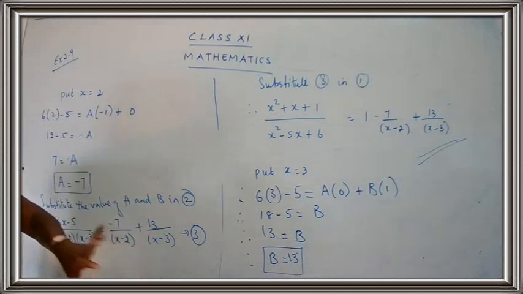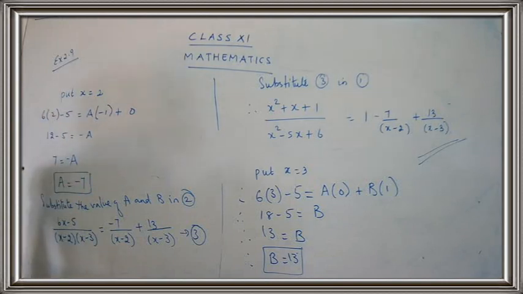So try to do the steps properly. Remember the format. What is the first step? What is the second step? What is the third step? How to complete the answer? Where to substitute? Okay, children. If you go with the proper substitution, you will get the required answer. So we have completed sum number 7. Now let us go for sum number 8.